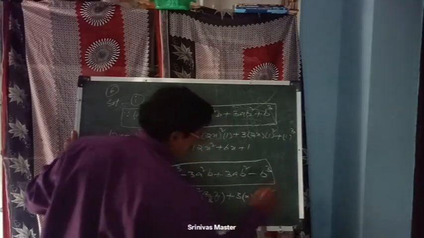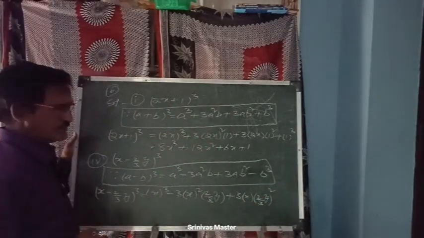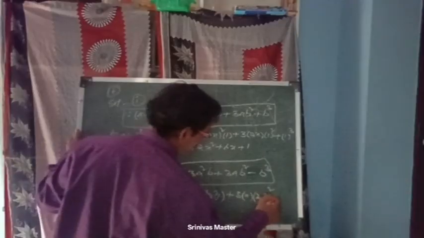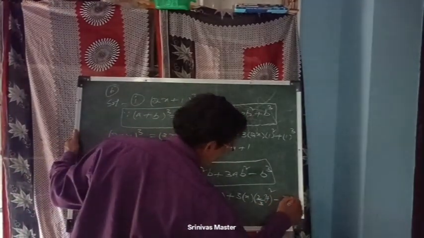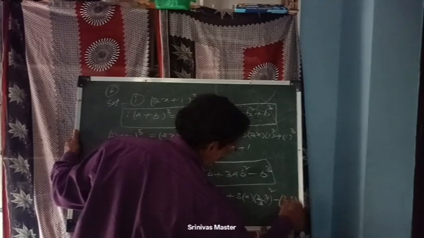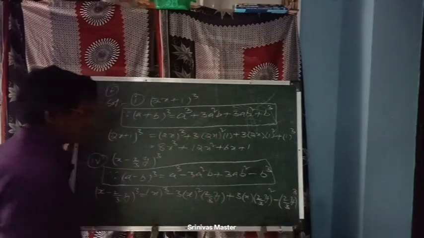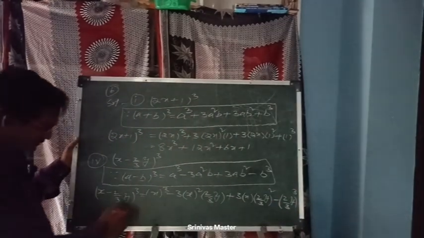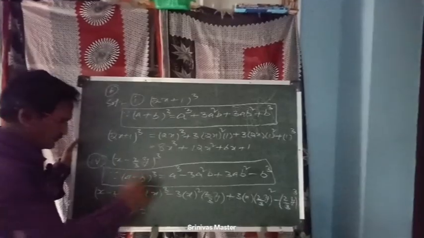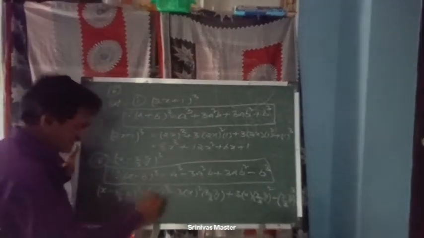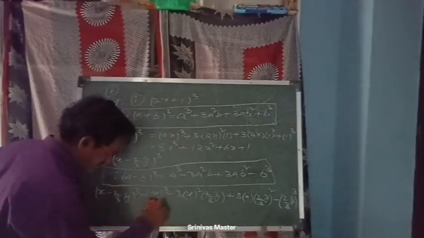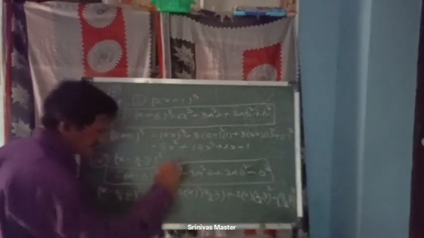b square means (2 by 3y) whole square, minus b cube, minus (2 by 3y) whole cube. Now we can open this bracket, children. You know how to open these brackets. x whole cube. x whole cube means how much, children? x cube. Okay, minus